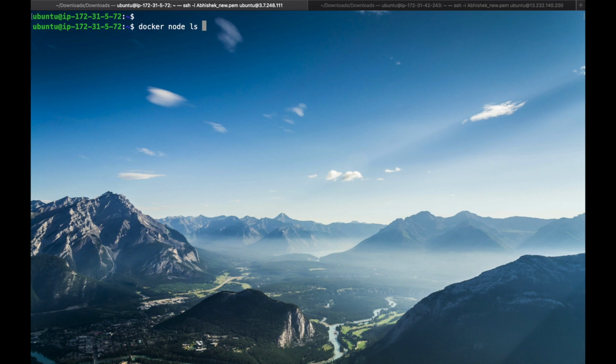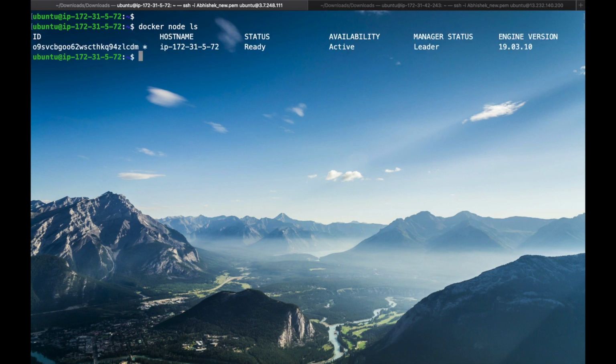The command is docker node ls. We can see only one node here, with the host IP address, status ready, availability active, and manager status leader.